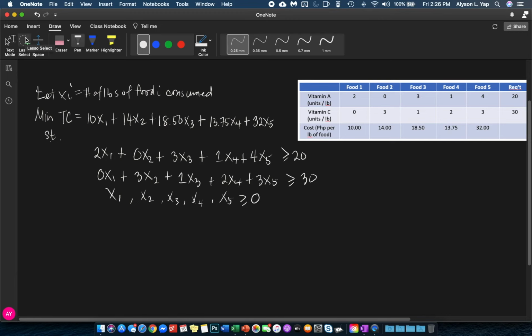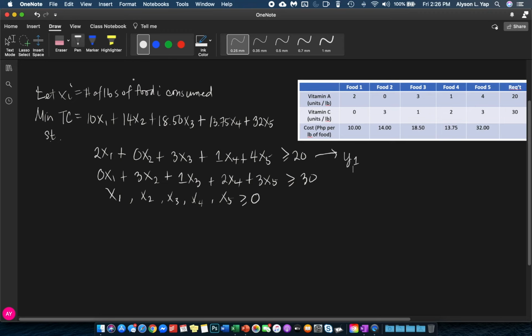Okay? So now, let us review how to get the dual problem coming from this primal problem. In order to get the dual problem, the first thing that you have to do is identify how many dual variables the dual problem will have. And in this case, remember that for every primal constraint, and we have two primal constraints, there will be a corresponding dual variable. So let me define the dual variable here to be y1,